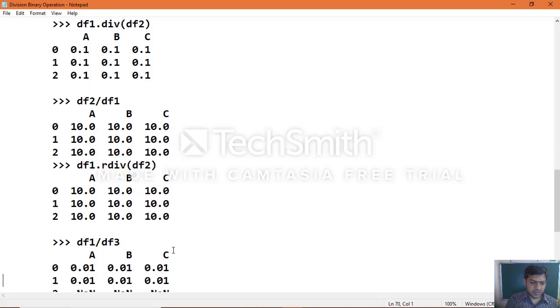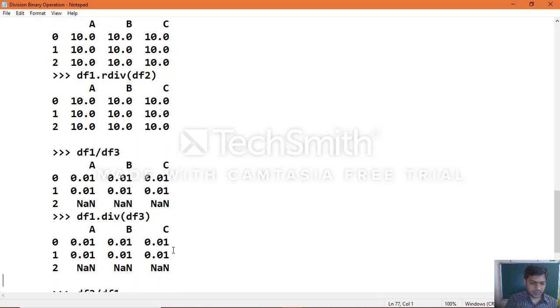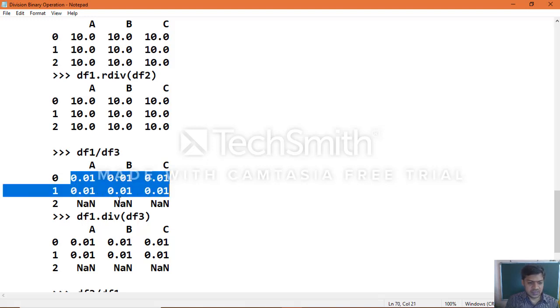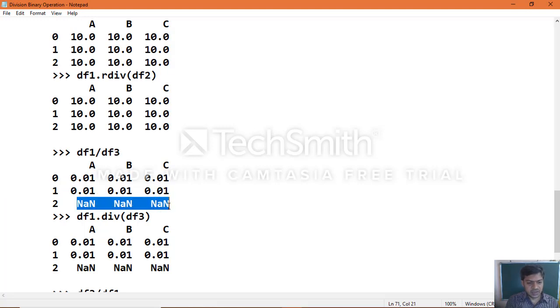Now same way, between df1 and df3, between DataFrame object 1 and object 3, when you do the division operation, you can see the result, and for non-matching indexes you will see NaN values as a result. As usual, we know that if any one value stores NaN, which means the integer data did not match, that is the reason you can store the NaN value.